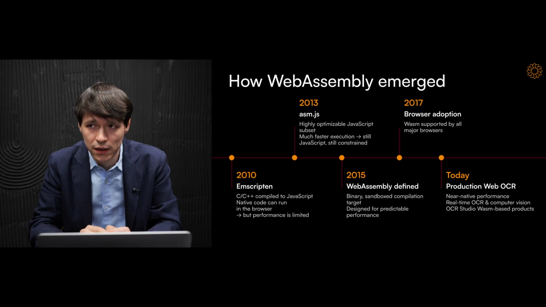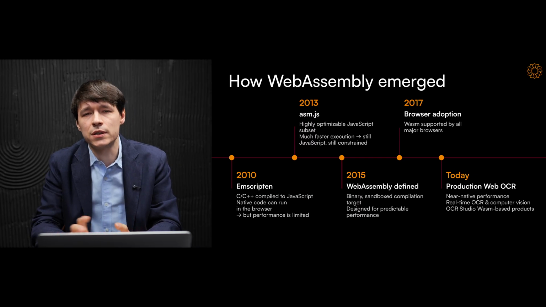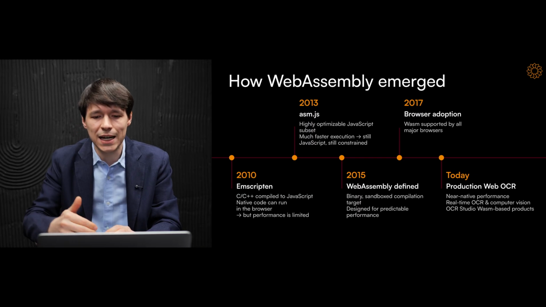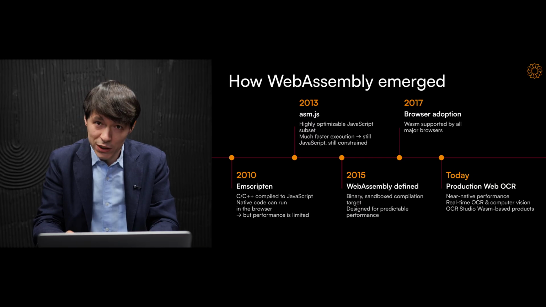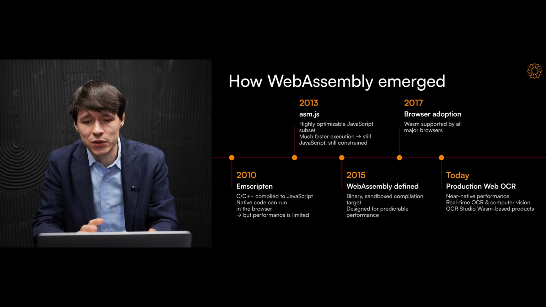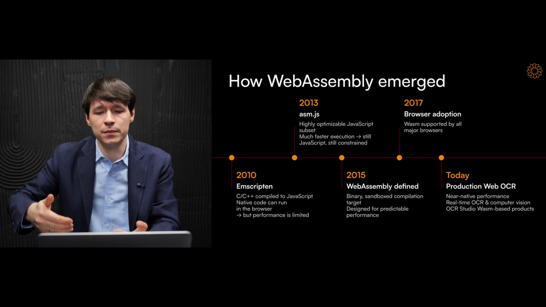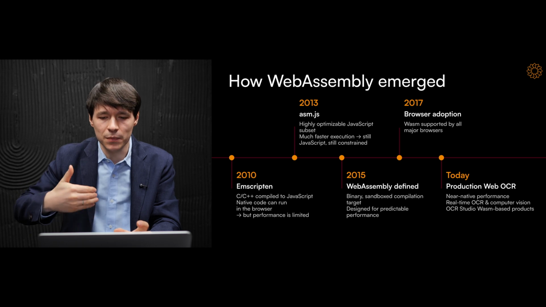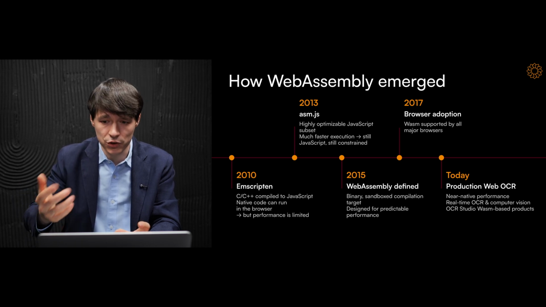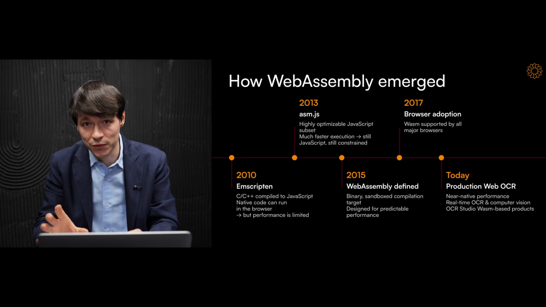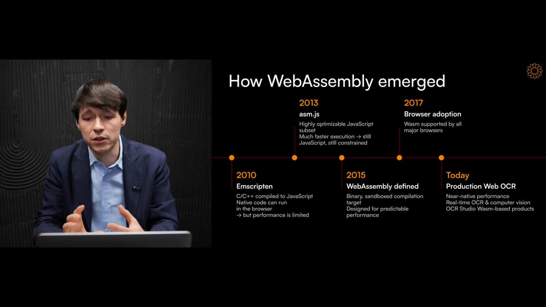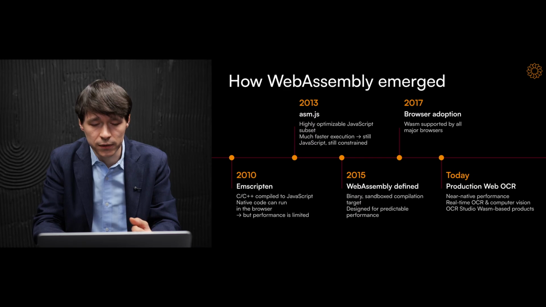We actually tried this ourselves many years ago. We ported early versions of our real-time video-based computer vision pipelines into JavaScript using Emscripten. It worked technically, but the performance was nowhere near usable for real-time OCR or video analysis. Processing each frame captured from the camera required enormous resources, multiple seconds for each frame. And the generated JavaScript bundle also was more than hundreds of megabytes. So again, too large and too slow to be any kind of practical.